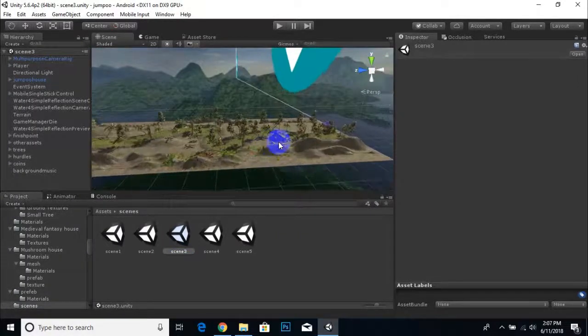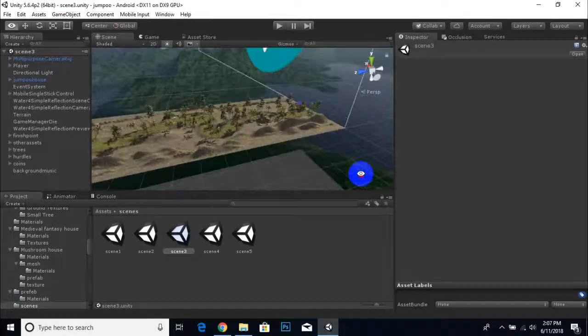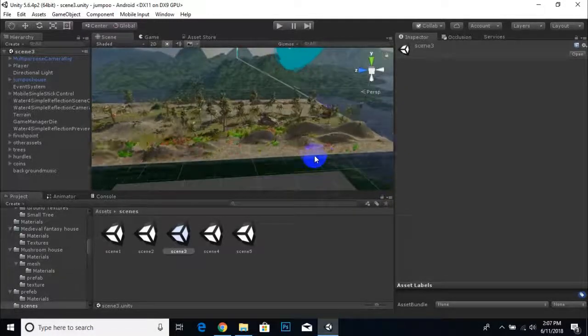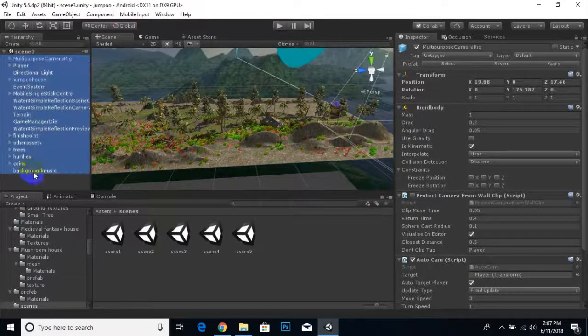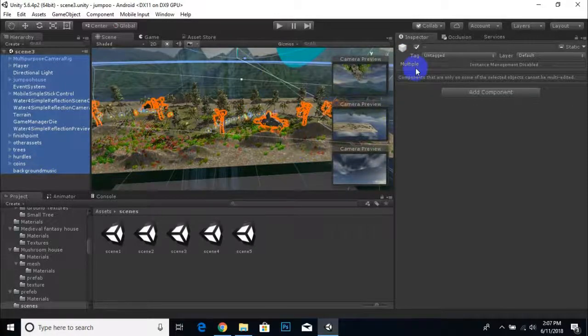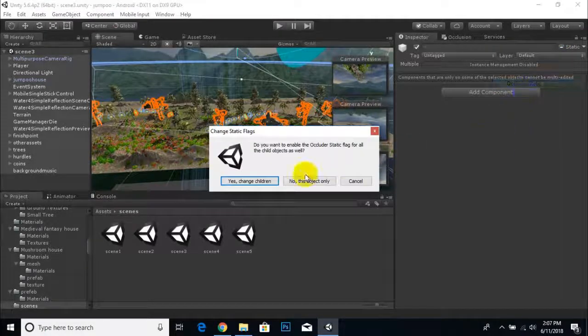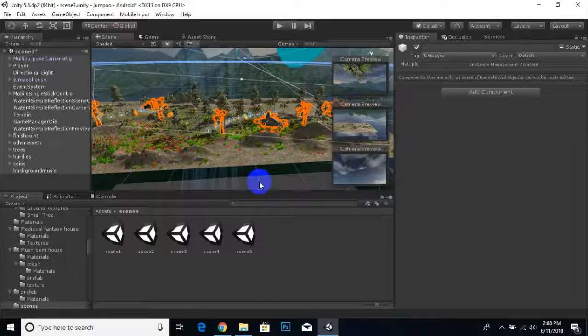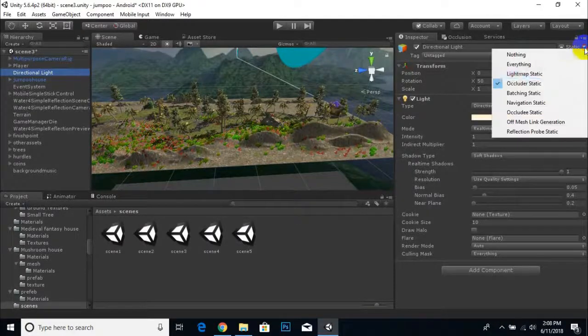And now we will do occlusion for our objects, and in the same video we will also deploy our app for Android. I will show you the whole process. First of all, we will select all things. You can do it like this, it's the best choice, and then we choose static. We will click here, and then we will choose occluder static. Then we will apply, yes,